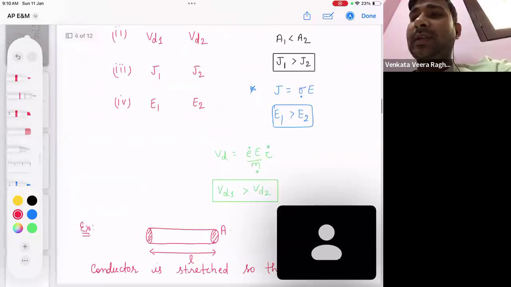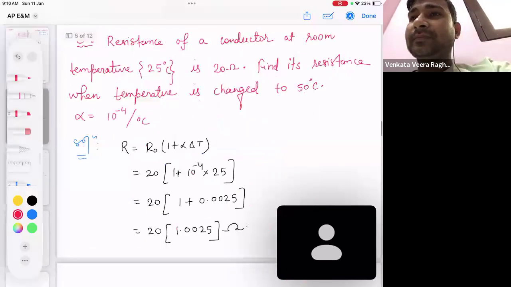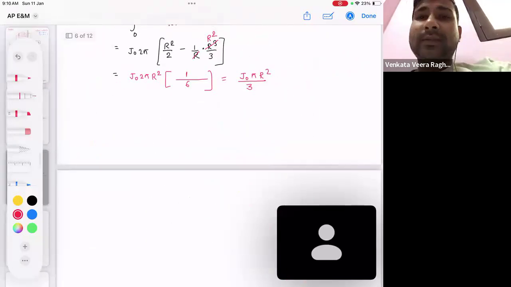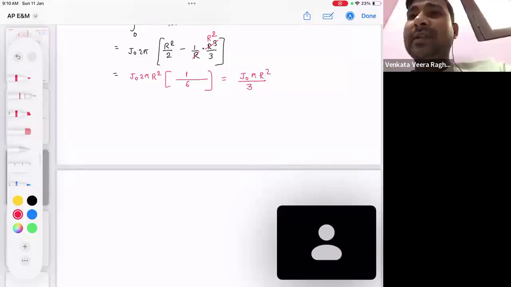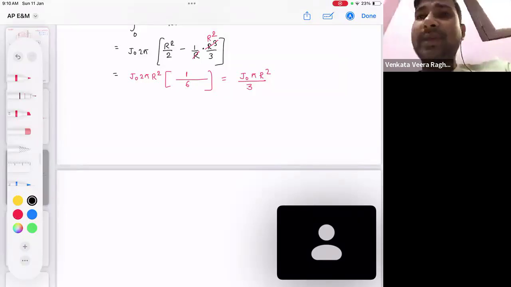Clear these things we have discussed. Now, the next one, resistance we have calculated. What is the resistance we have calculated? Resistance we have calculated as rho L by A, isn't it? Rho L by A. So let's discuss one example of